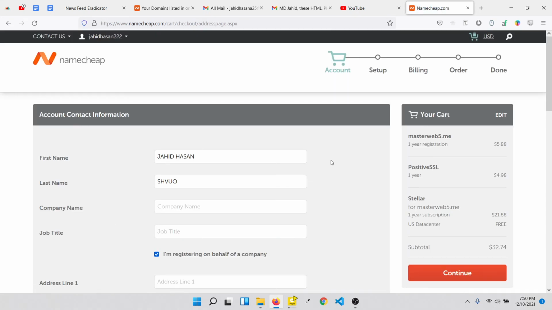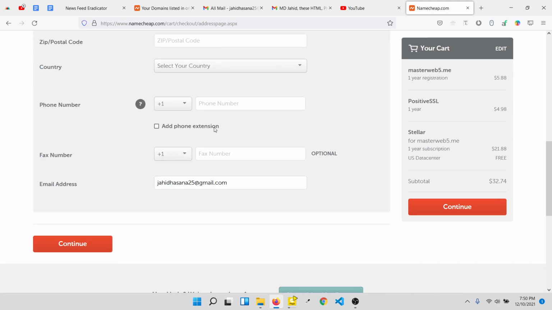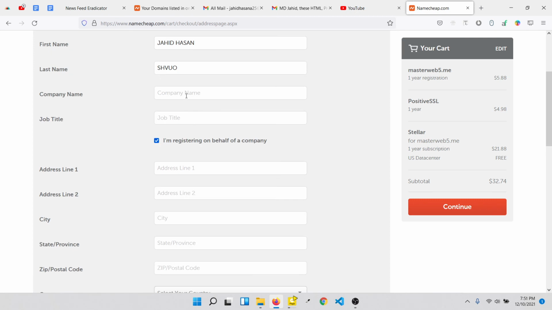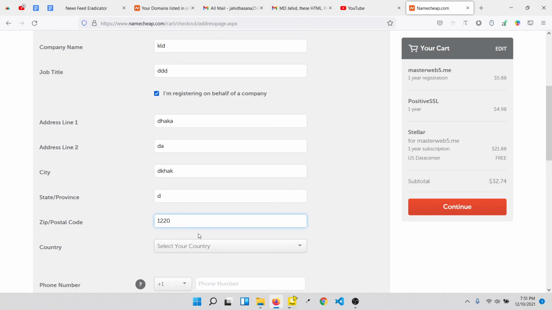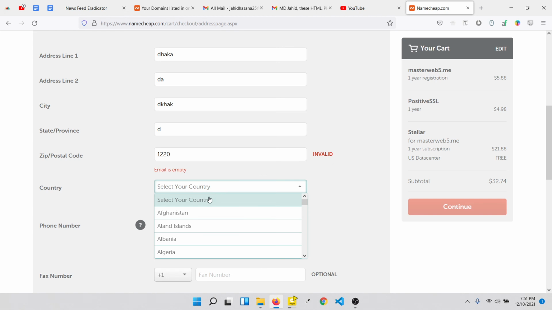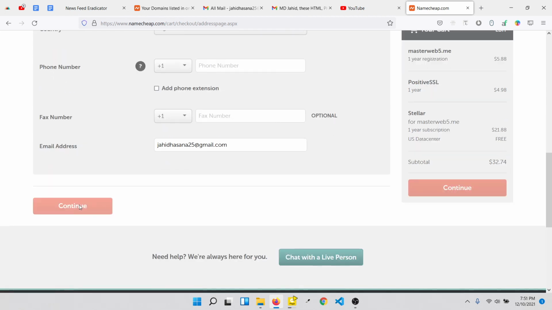Okay, so simply you just fill in this form like this. Select your country and everything is done.